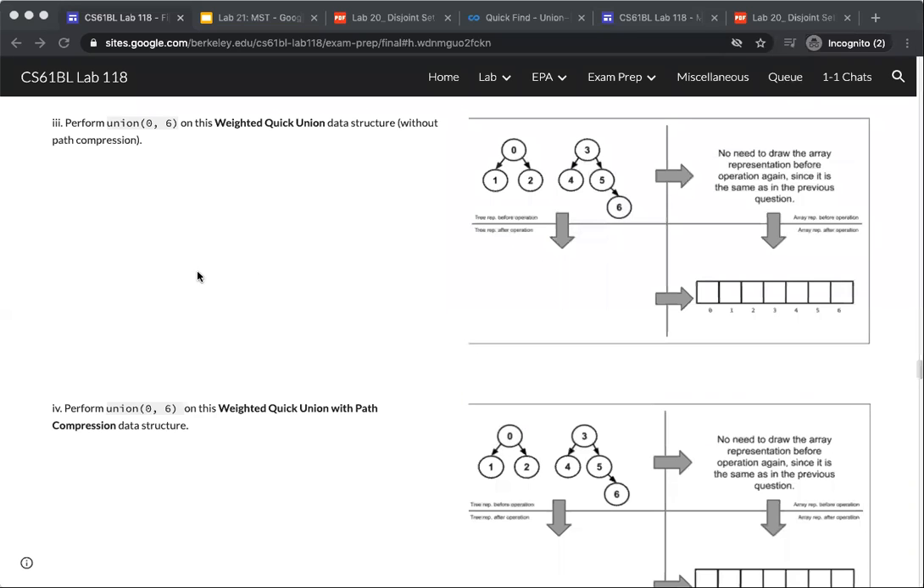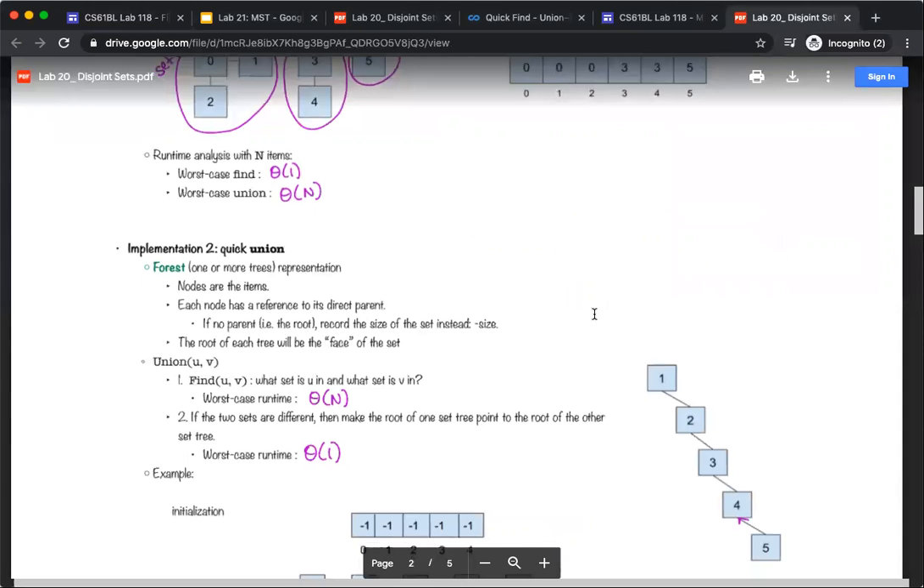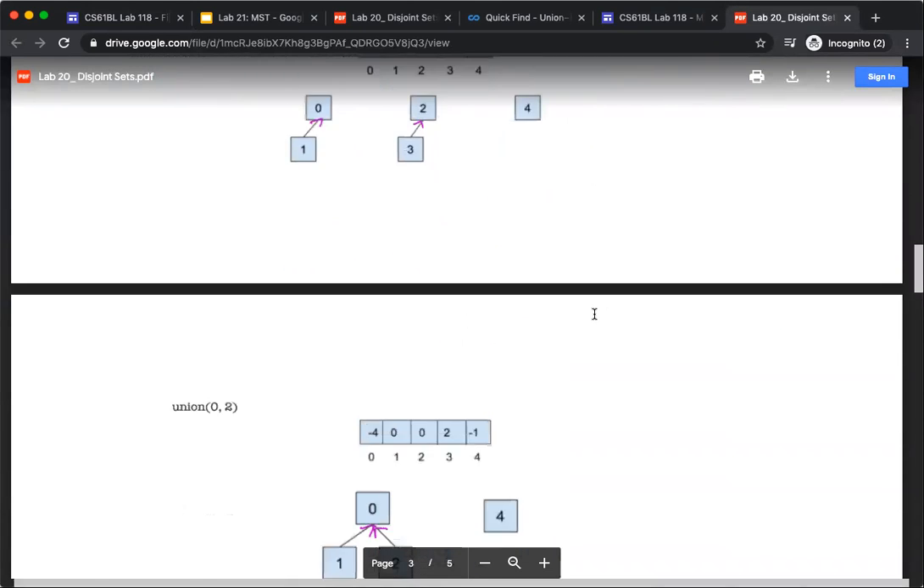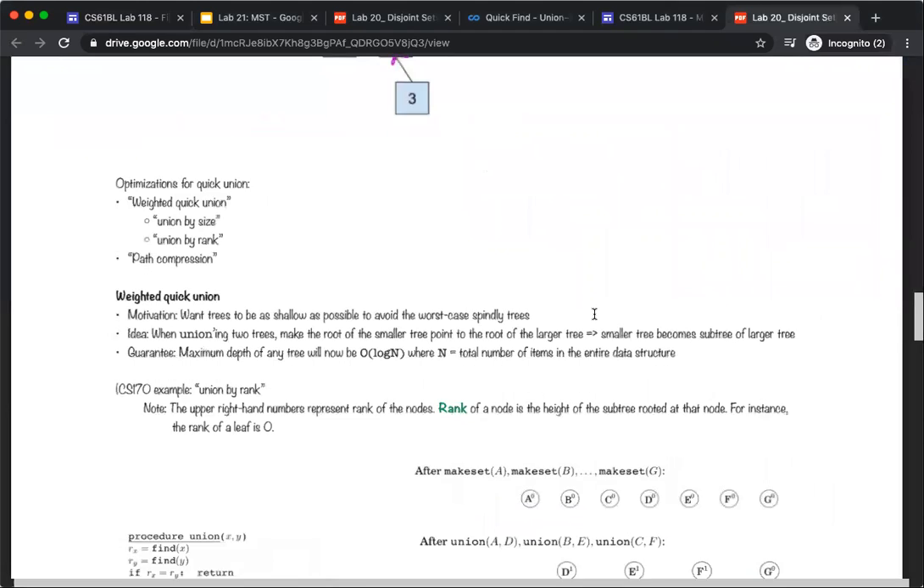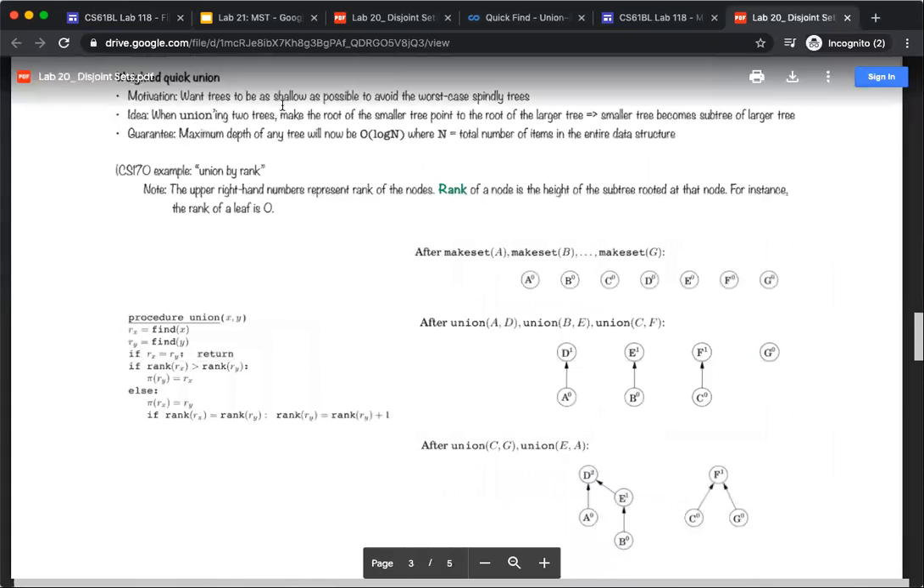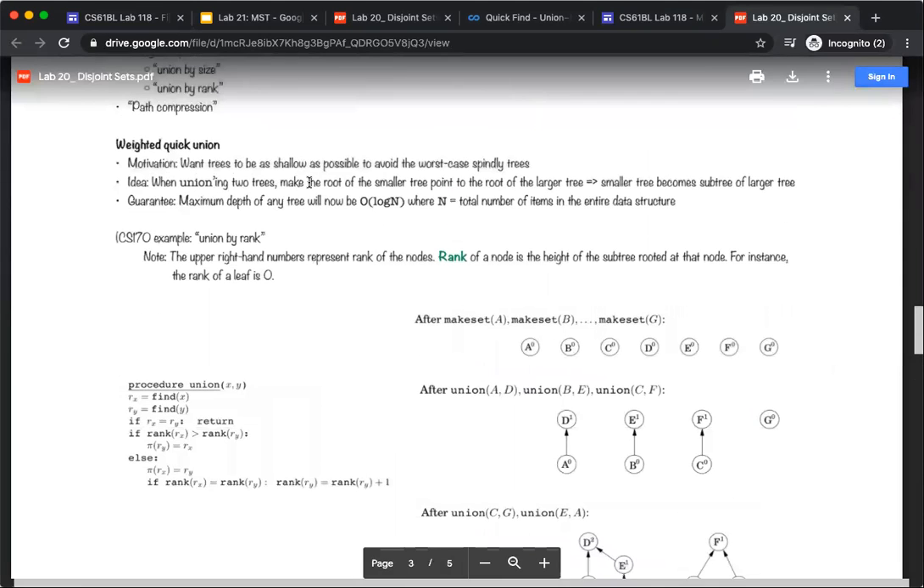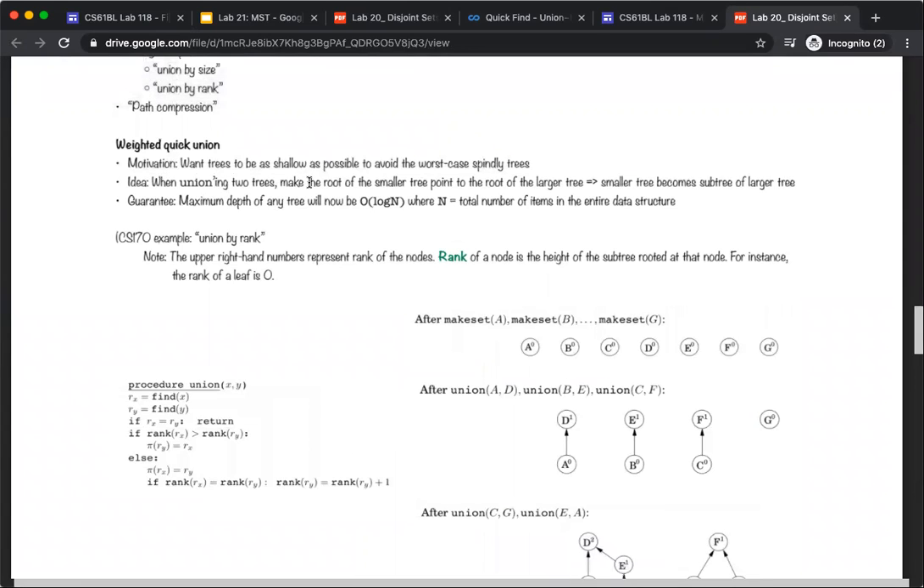All right, so now we are doing one optimization, which is weighted quick union. With weighted quick union, the whole idea is that we want to set a criteria for how we break ties. We want the trees to be as shallow as possible to avoid the worst case linear time find spindly trees. So when we union, in other words, make the root of one tree point to the root of the other tree, we make sure that we have the smaller tree point to